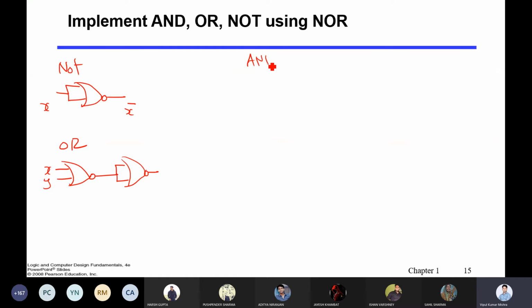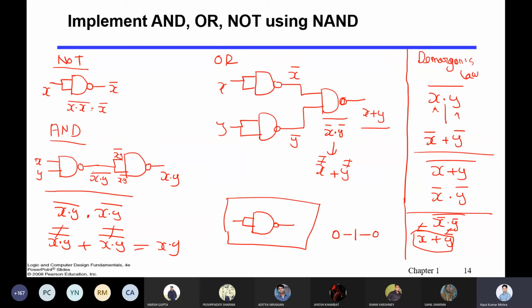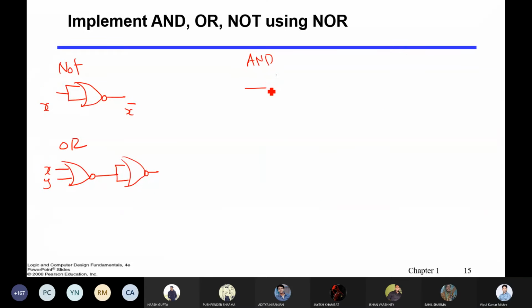And now the AND implementation. From the previous one you can easily think of it. Then AND will represent like this. Right?